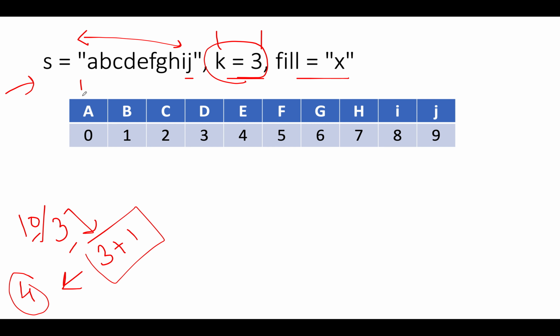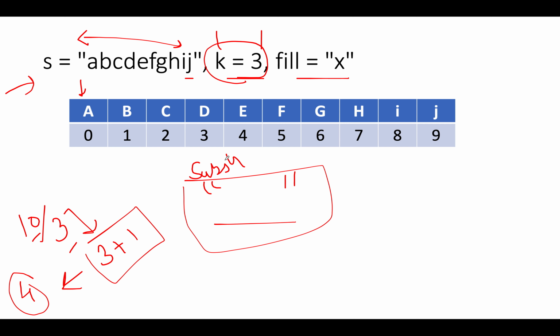Next, you'll start the iteration and you'll start making the first group, and you'll take a variable. Let's create a substring variable. Let's name it substring, and let's start the iteration. We have i pointing to here, and the first character is A. So A gets added, B gets added, and C gets added. As soon as the group size reaches the size of the target variable that is specified here, which is 3, you will add it to your answer result. So ABC gets added.